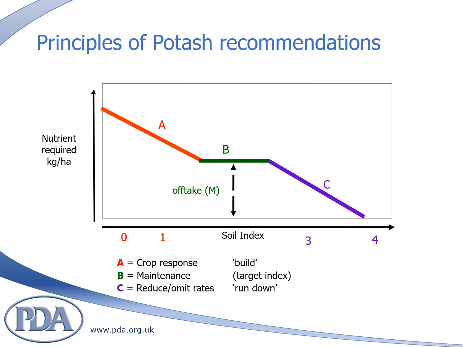Principles of potash recommendations. When soils are at an adequate K index for the rotation, it should be maintained by replacing the amount of K removed in the harvested crop. This can be calculated from the yield and the concentration of K in the crop. The latter can be found in tables published in the Fertilizer Manual or in PDA leaflet phosphate and potash removals by crop. These published K concentrations are averages, so it may be that slightly too much or too little will be applied as a maintenance or replacement dressing each year.